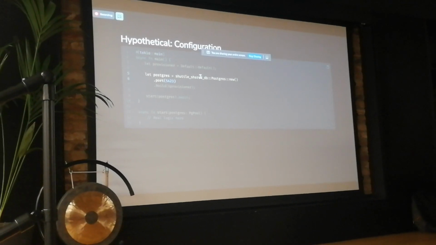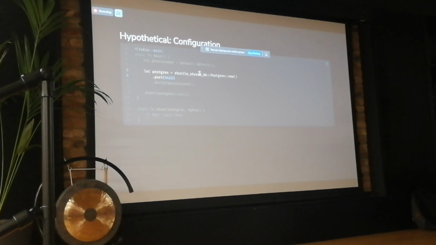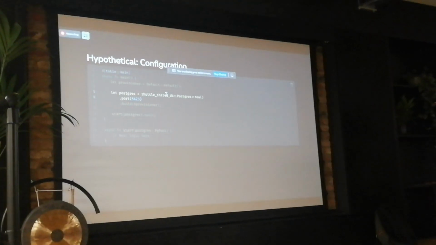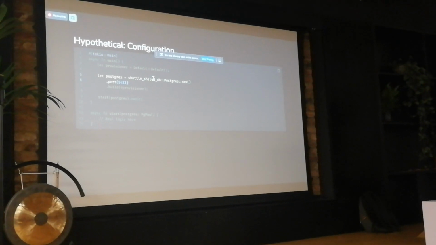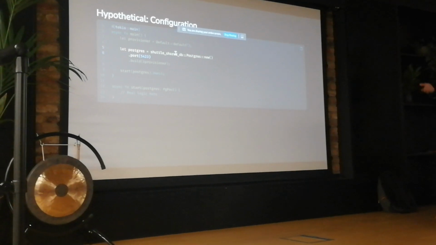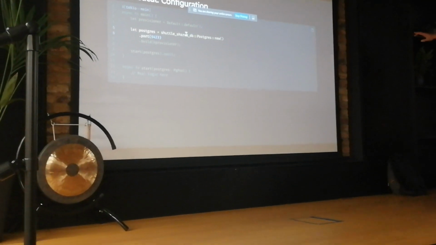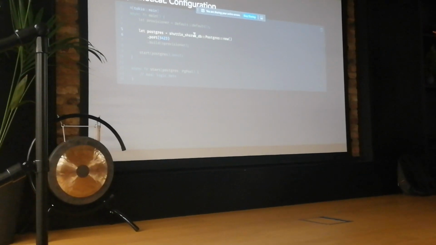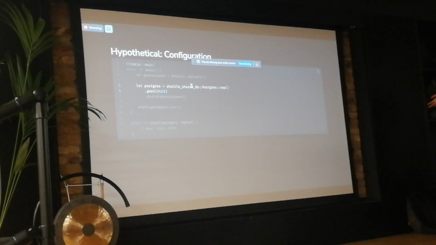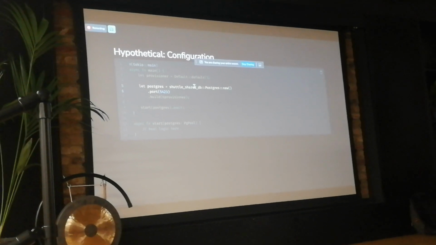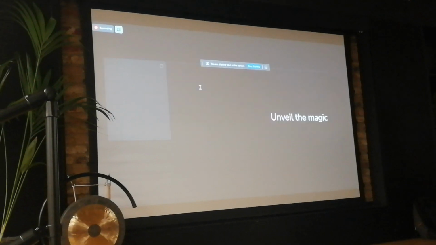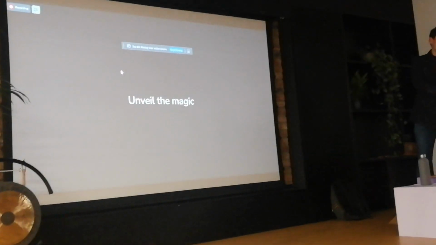Now coming to refactoring. Between the previous slide and this slide, all of the code was the same, except for line 5 and 6. So if we were to refactor it, we just have to find a way to reason about line 5 and 6, and we can auto-generate the creation of the provisioner, the eventual building, and the eventual calling of the start function. And that's exactly what we do at Shuttle. So to unveil the magic,